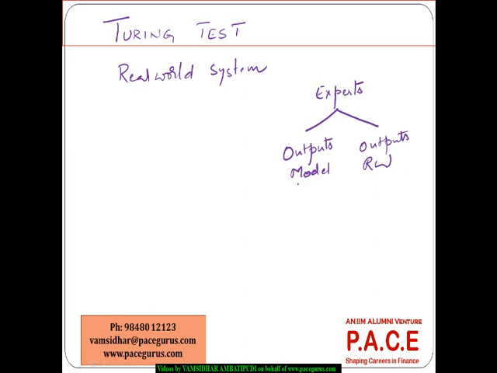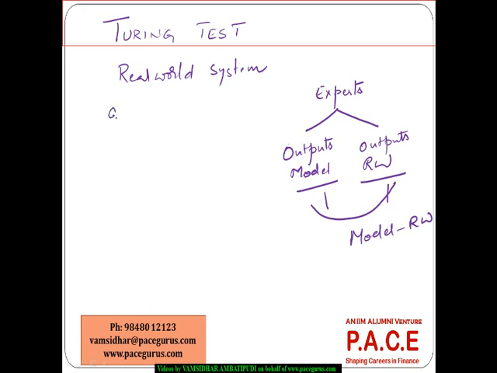And the experts are asked to compare these two. They don't know which is generated by the model and which is generated by the real world system. And if the expert cannot differentiate between these two, then probably our model is a good reflection of the real world. But if the expert is able to differentiate between the model's outputs and the real world output,